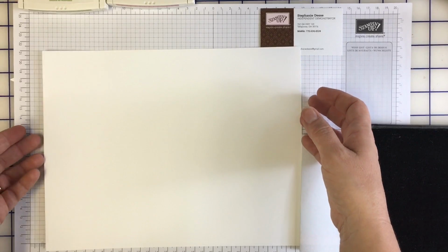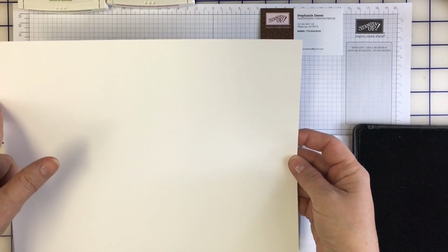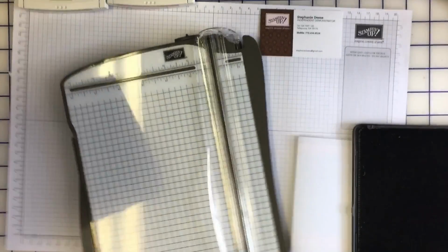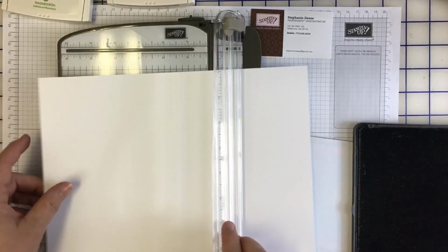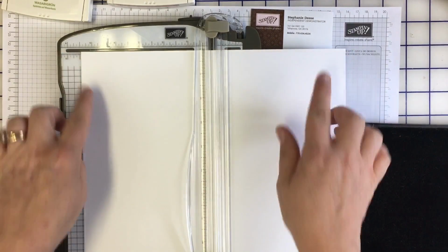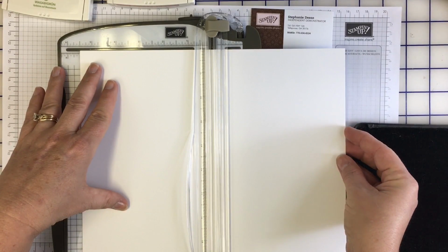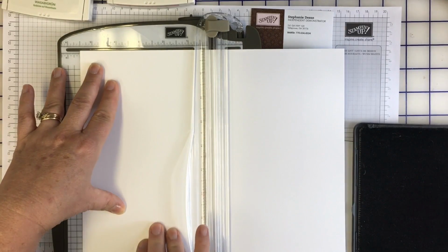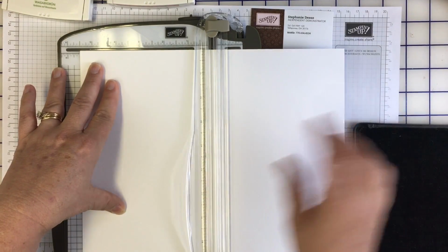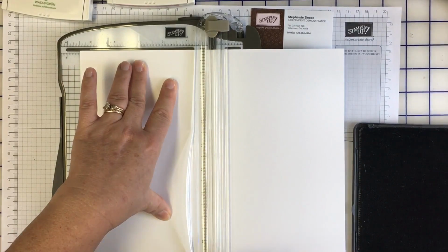So with a normal 5.5 by 4 1/4 card, you start with an 11-inch by 8.5 normal cardstock. And I'm going to bring in my Stampin' Up! Trimmer. You line the 11-inch side up with 5.5 because, of course, 5.5 is half of 11. So you'll get two cards out of here. You'll have the Whisper White base for one card and two cards. So you just line it up with the 5.5-inch line, and then you make sure that it's against the bar there. Then you use the trimmer